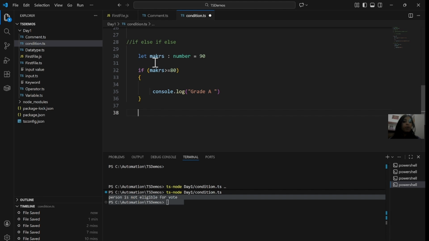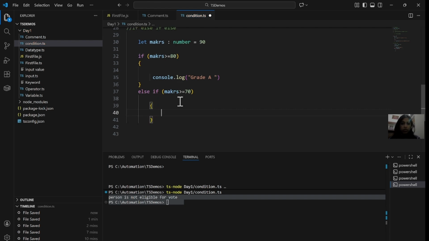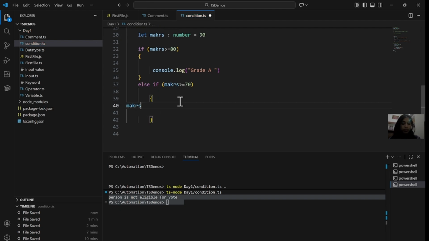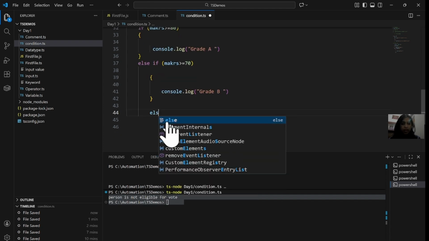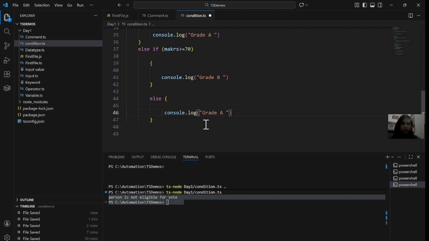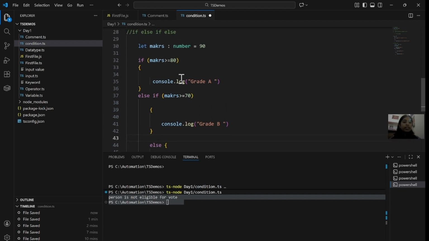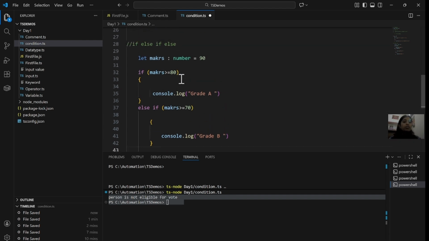If any student gets marks of 90, give them grade A. Else if marks are greater than or equal to 70, give them what? Grade B. And then else, grade C. Okay, understood. It means that if any student gets marks of 90, you have to